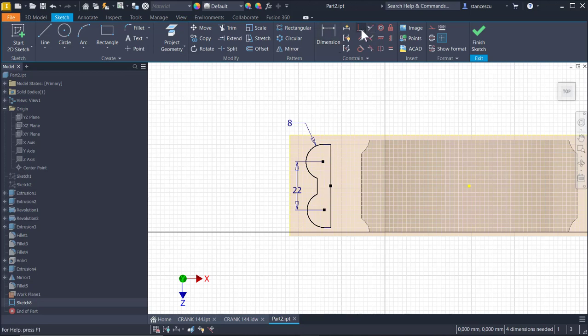We place these two on the same vertical, if not other. Okay,